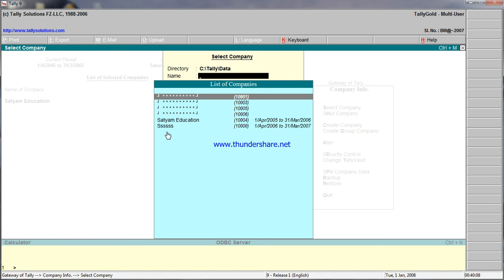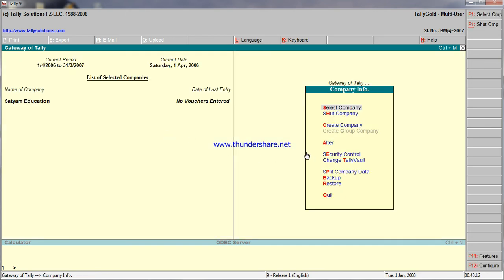That means the SSDS company is deleted from our Tally package using the delete option. So these are the common steps we apply for selecting a company, shutting down a company, altering a company, and deleting a company.